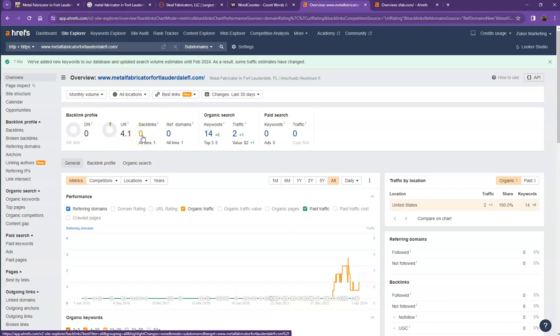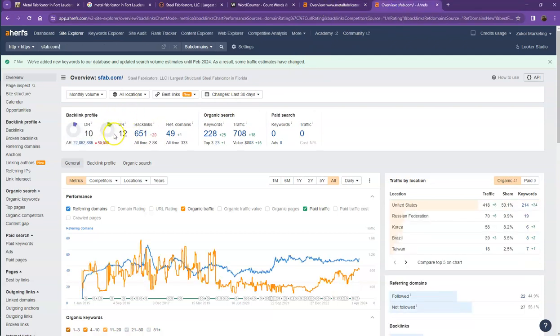Backlinks, on the other hand, are other websites that refer to your website, so they're more like shoutouts from different directories like Yellow Pages, Yelp, and the like. They also have your competitors' numbers pulled up here, so we'll be comparing the numbers and we'll see what they actually have differently. Starting off with DR and UR, it shows that they have more numbers, which simply means that